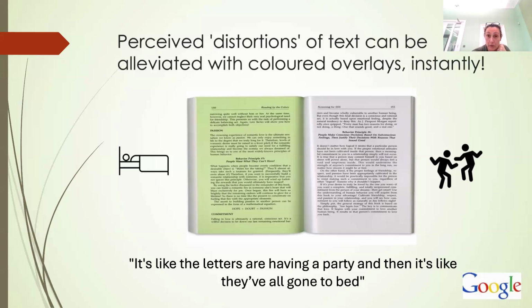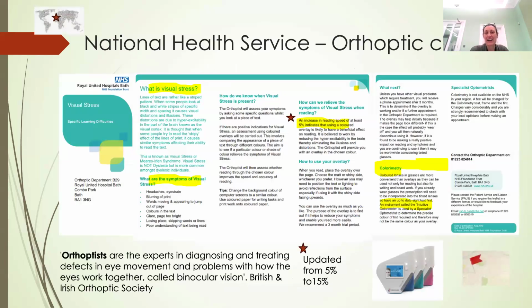So N of 1's mother took to Google to see what was going on. The National Health Service have orthoptic clinics which screen for this condition, which is known as visual stress. They're experts in diagnosing eye movement problems and basically binocular vision. An increased reading rate of 5% was indicative of visual stress at that point, but it's since been updated to 15%. So before colour and after colour, if there's a 15% increase in reading rate, it's indicative of visual